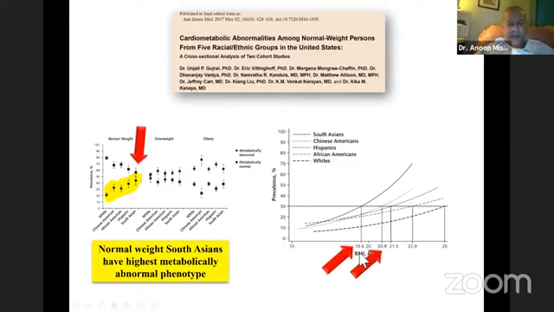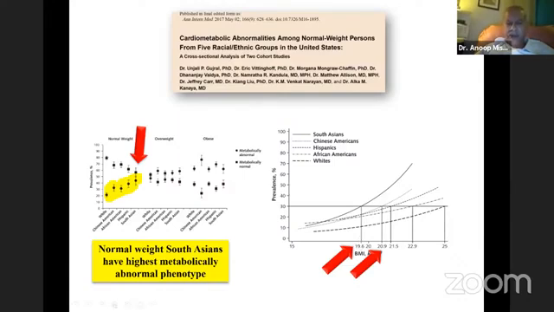D'Souza was saying a similar thing. The cutoff for BMI for having increased risk for metabolic abnormality, similar to our previous experiment where we looked at the cardiovascular risk factor, was 19.6 for the South Asian population. So only below 19.6 do South Asians have no or a better metabolic risk profile. This is Annals of Internal Medicine,